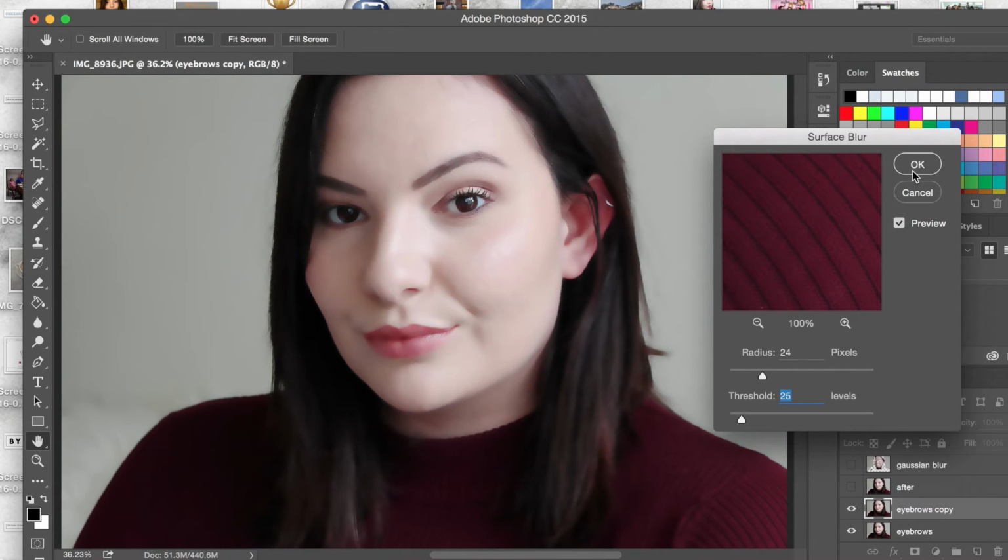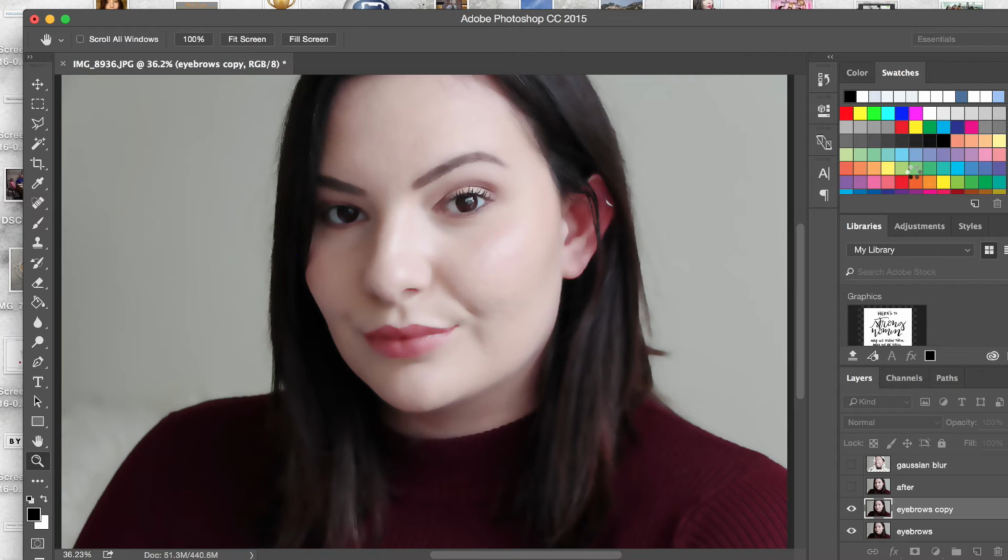So what you do is you do that to the entire layer, just hit OK, and then what we're going to do after that is erase the portions that don't need to be blurred. I hope this voiceover is working because I don't have my microphone right now, and my computer sounds like it's about to explode. So I'm just going to erase parts that don't need to be blurred, like my eyes,